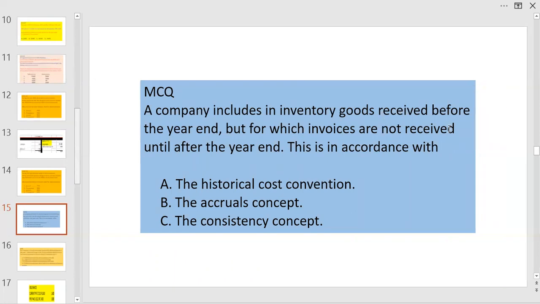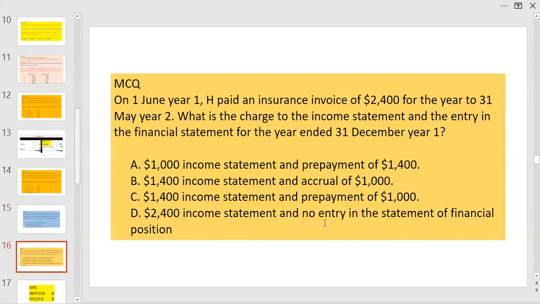The next question: a company includes in inventory goods received before the year end, but for which invoices are not received until after the year end. This is in accordance with A, the historical cost convention, B, the accrual concept, C, the consistency concept. Answer is B. A is talking about the valuation, C is talking about